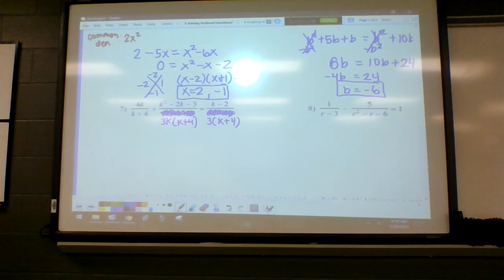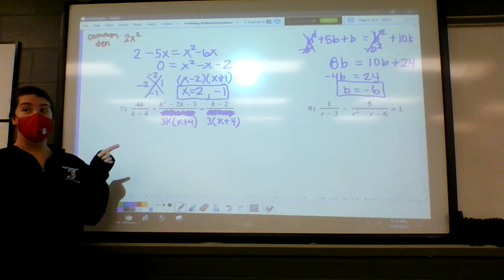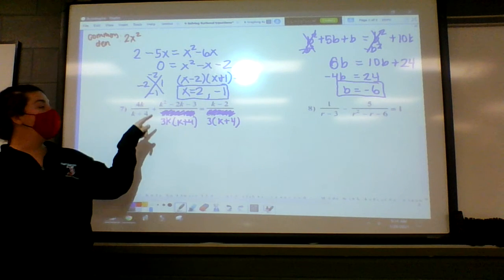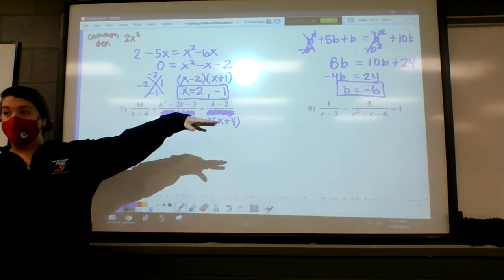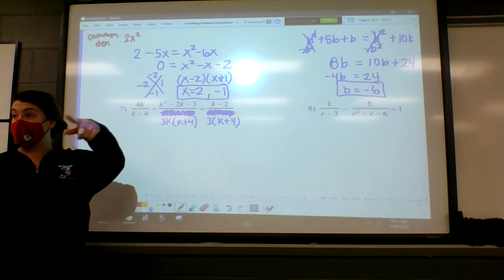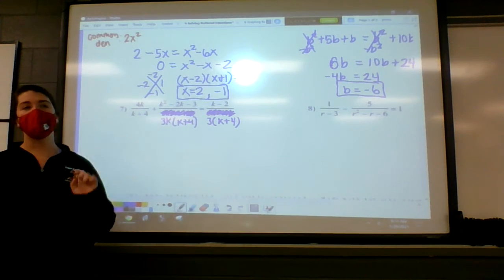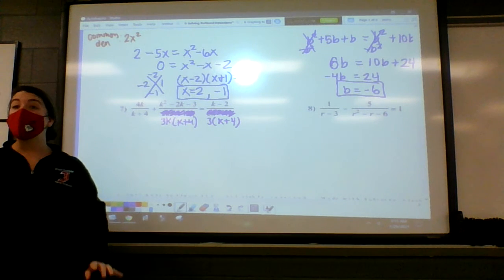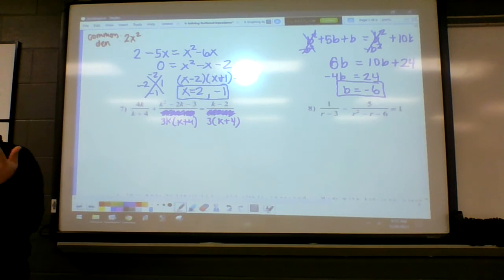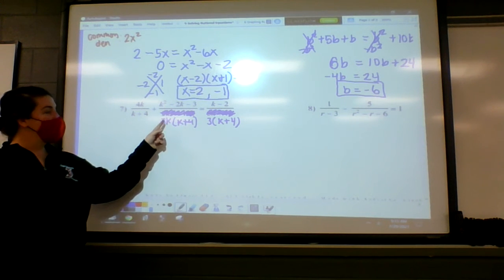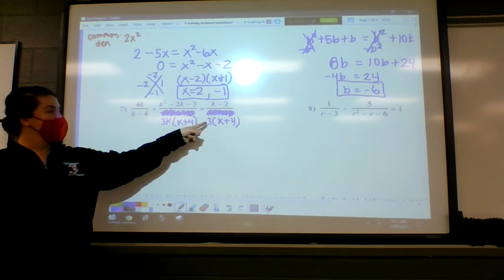Can you technically just multiply the others to get 3k squared plus 12k? Yeah, you could, but it's going to be a lot easier when things get more complicated to just go ahead and factor and see what they have and what they don't have. So, for example, they all have a k plus 4, don't they? So k plus 4 is part of our common denominator, but every single thing already has it, so we're good there. This one has a 3k, and that one has a 3, so we're going to need all of them